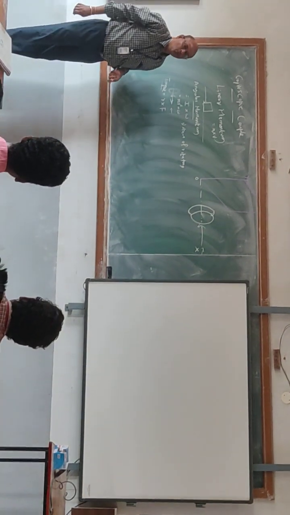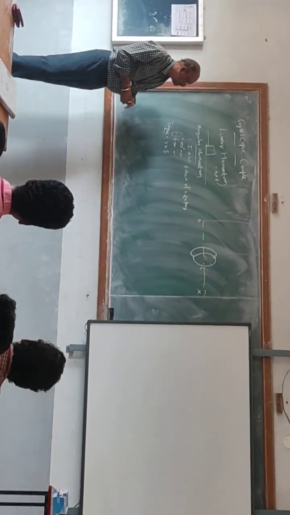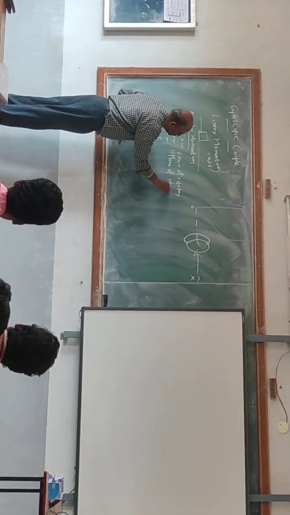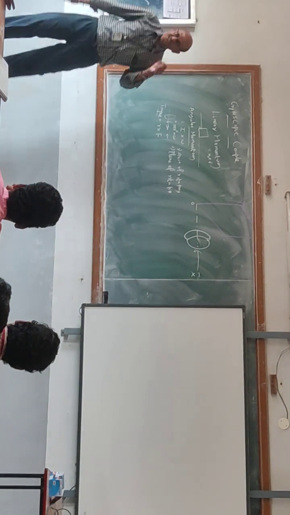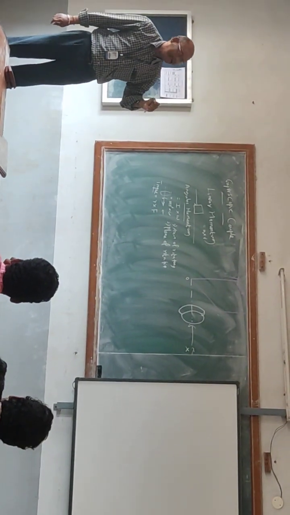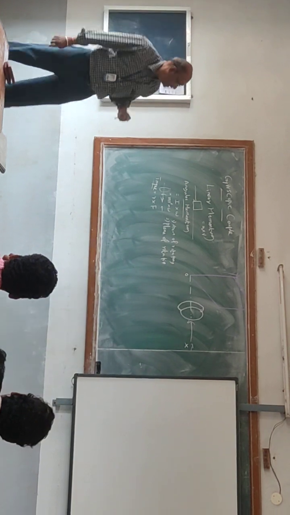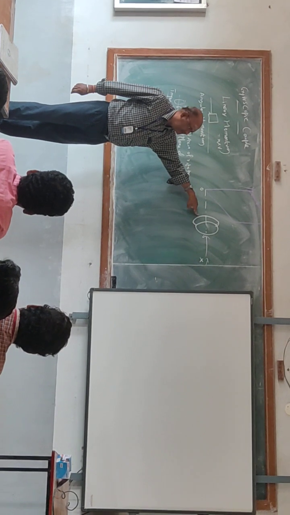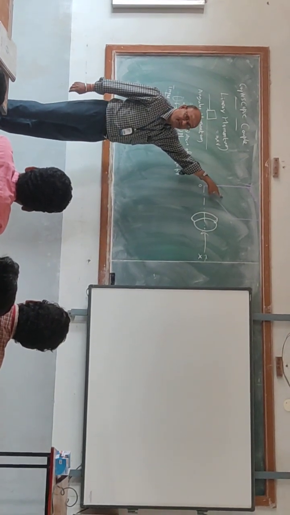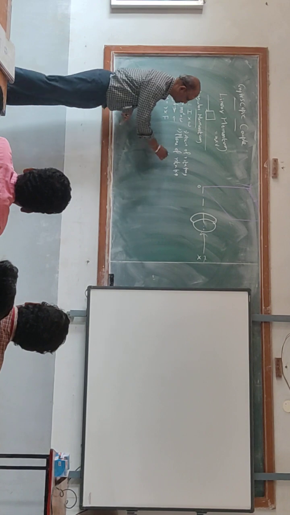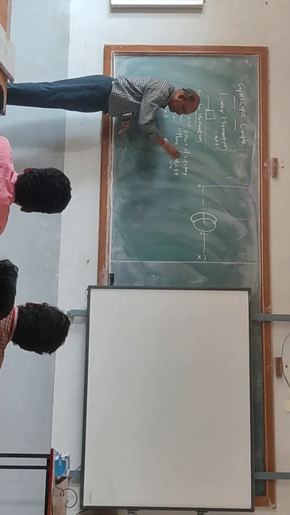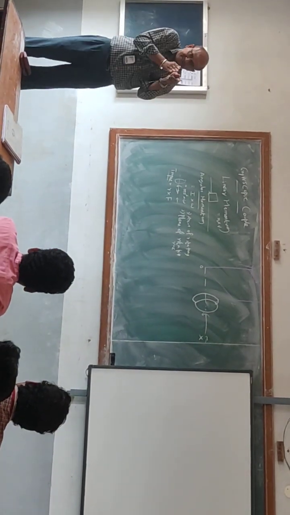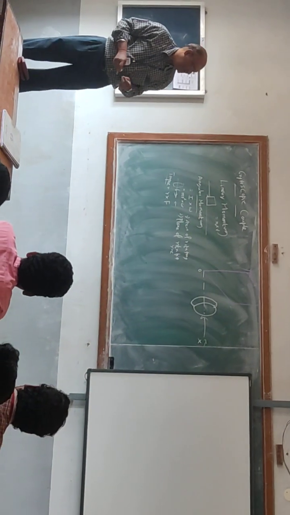Now consider the YOZ plane. What is this? The plane of rotation. The plane of rotation is a plane parallel to the plane in which the disc is rotating. Here, as per the configuration, YOZ is the plane of rotation because the plane of the disc and the YOZ plane are parallel to each other.